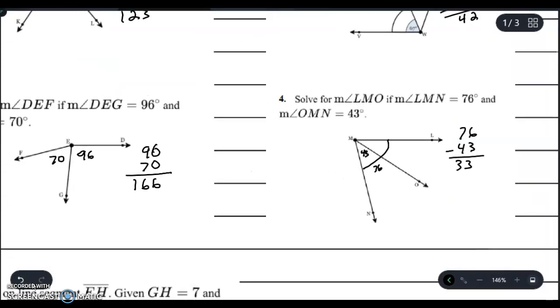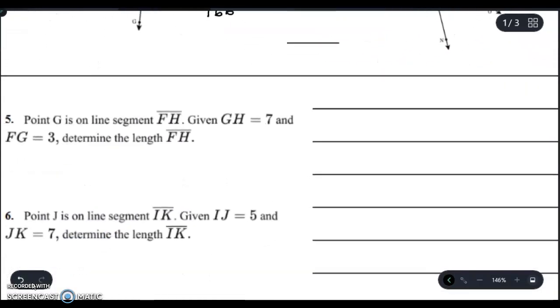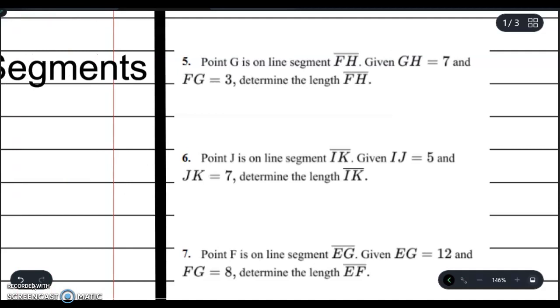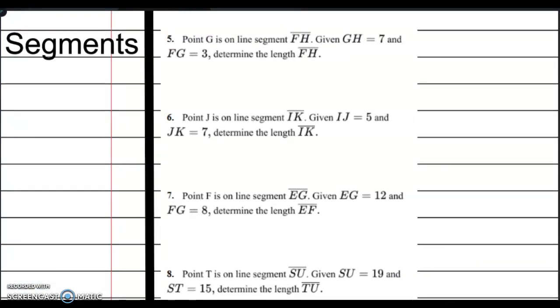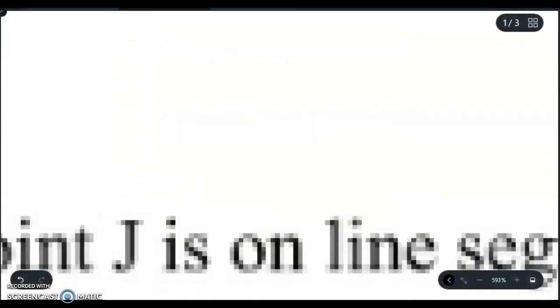Now we're going to take a look at adding and subtracting segments. Now, with the segments here, they don't give you the lines or a picture at all. But to me, it makes sense just to draw the picture. It makes it easier to work with. So I'm going to zoom in on number 5 here and